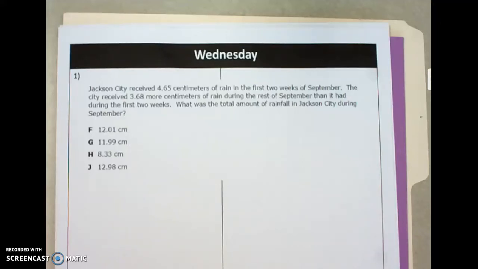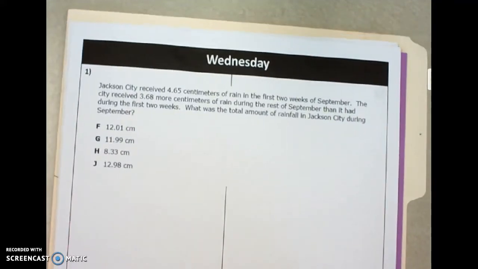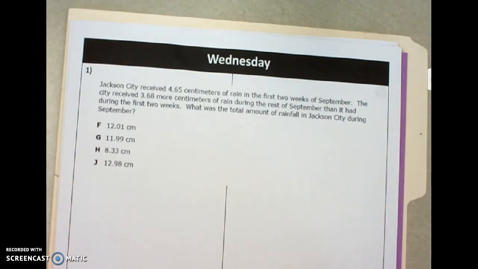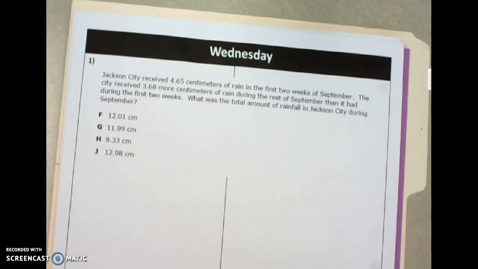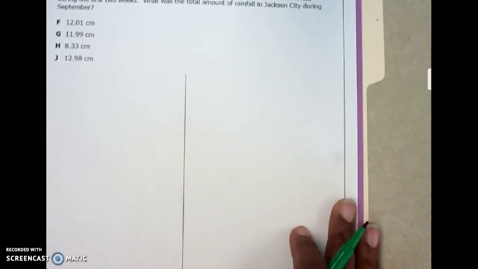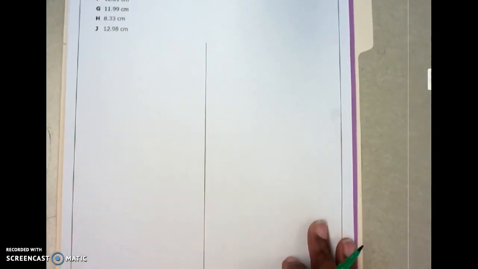All right, lovely students. Today we're going to review how to solve word problems, and I'm going to be using our new problem solving model that we had learned from Ms. Coppage. So first thing first, before I start on the problem, let me remind you what that problem solving model